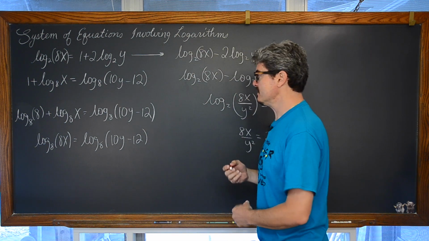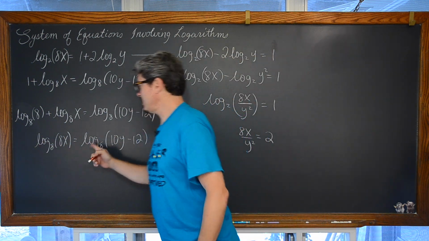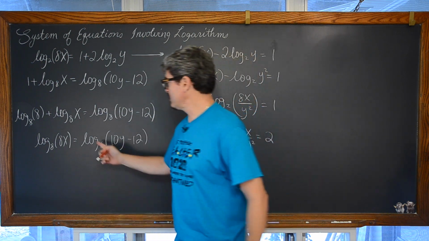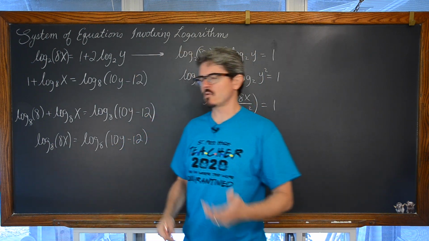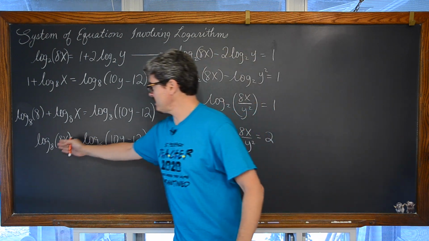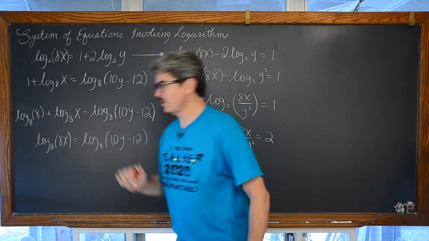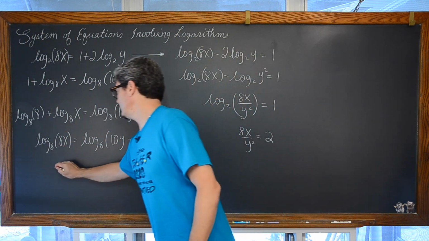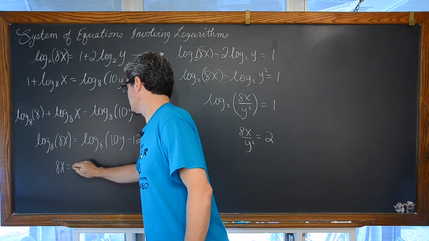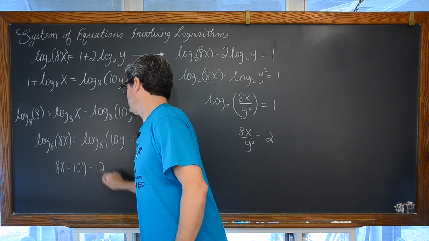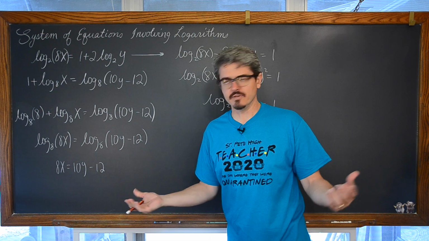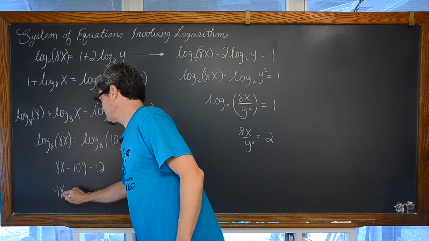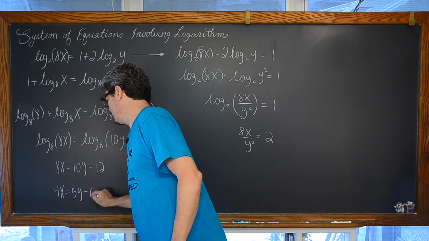So now that says, okay, if we have one term on each side of the equation, involving a function of log base 8, which is a one-to-one function, so the only way that these expressions are going to be equal is if what's inside each of those logarithms are equal. So now we have 8x is equal to 10y minus 12. And actually all these terms are even. So I can divide both sides by 4 and write this as 4x is equal to 5y minus 6.